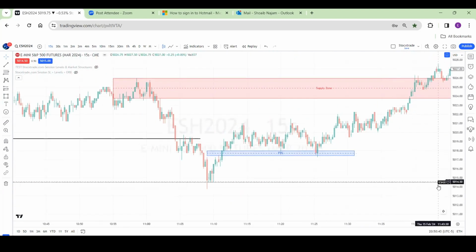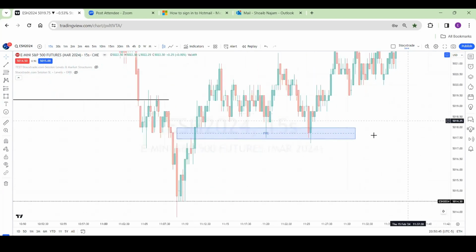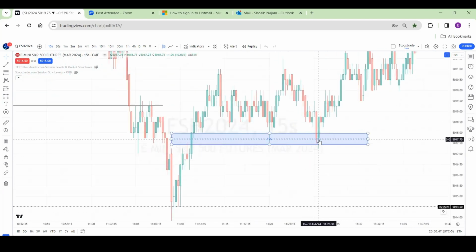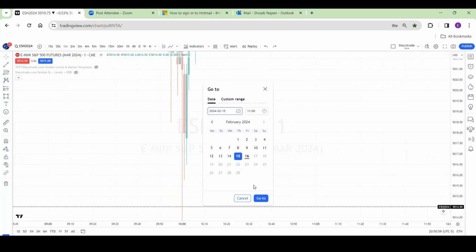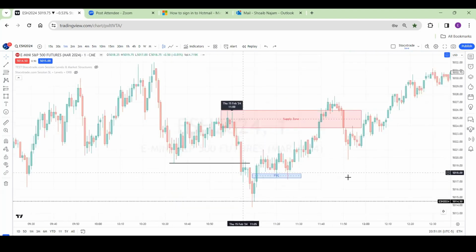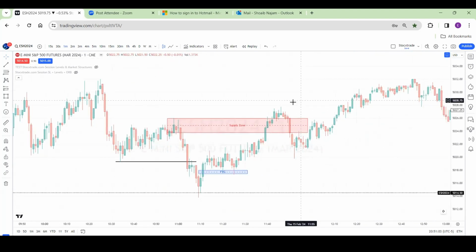Watch the body. It is almost filled 50% with the body. And if you go 10 seconds, it might fill fully. What is this time frame? It is 1 minute. So I would love to see the price come in this zone, and after that it